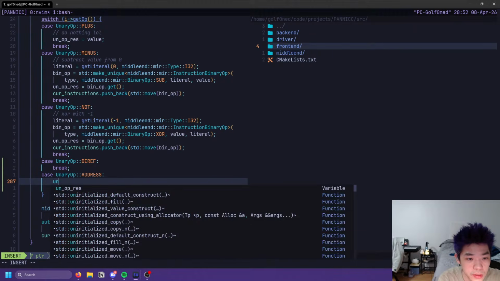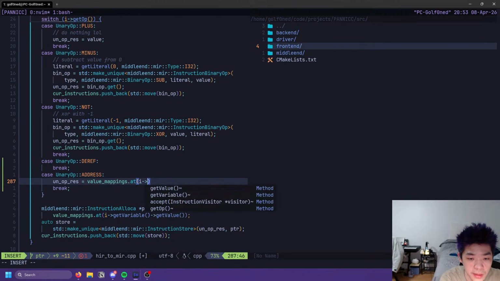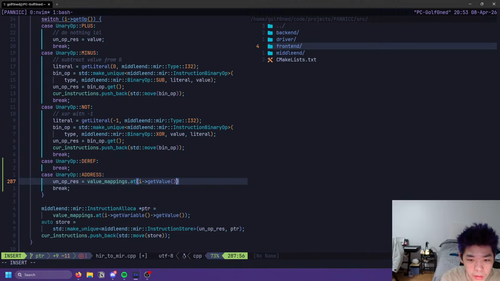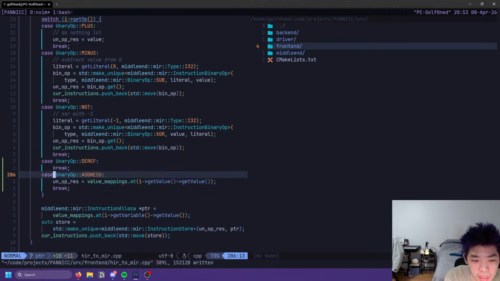So own op res equals, so we want value mappings, and then we want get value, get value. I guess that looks really funny, but it makes sense, I promise. So that's address. How the hell do we deref though? I guess, what type is this again? This is a value star.